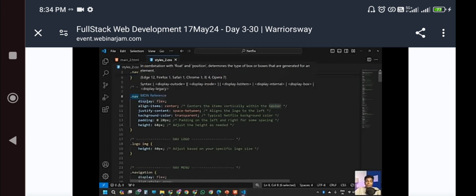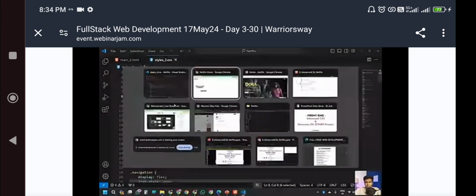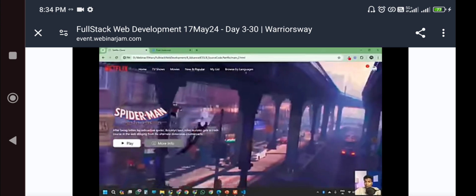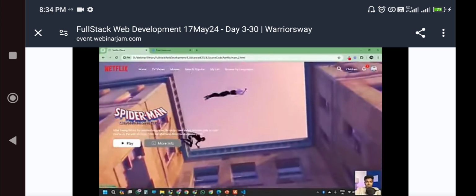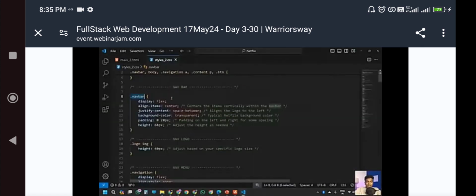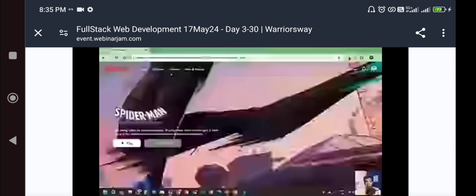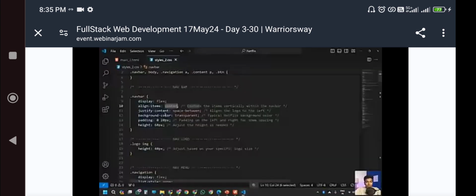And in the nav bar, it is display as flex because it is going to organize everything column-wise: 1, 2, 3. Likewise, it is going to be completely organized. So align items as center, like in a single row, we are going to have every element. And with align items, vertically it is going to be aligned properly, because if you are not putting center and are putting instead,